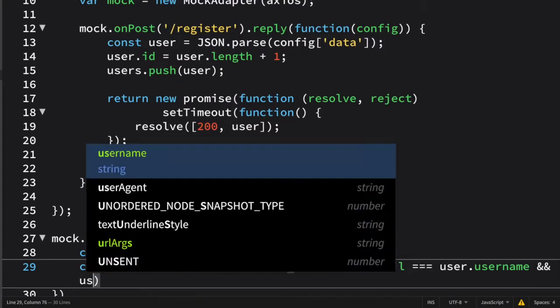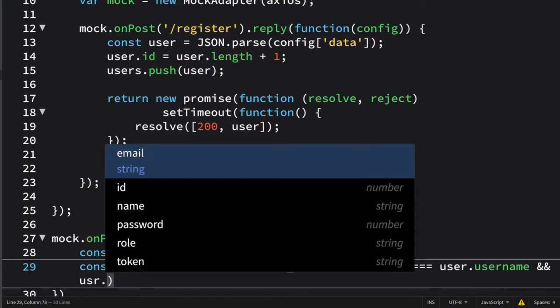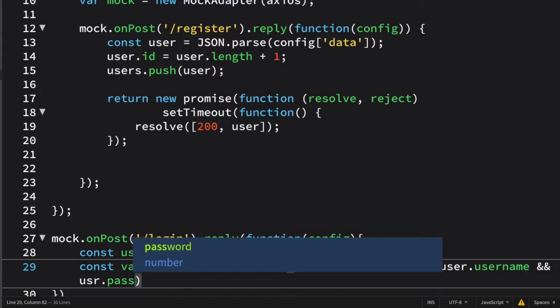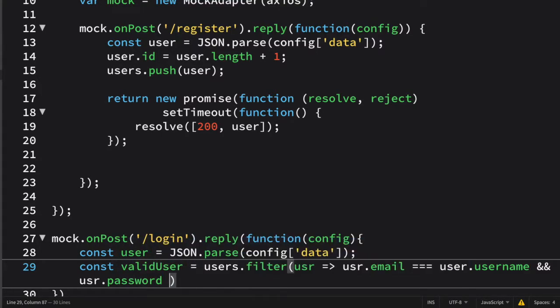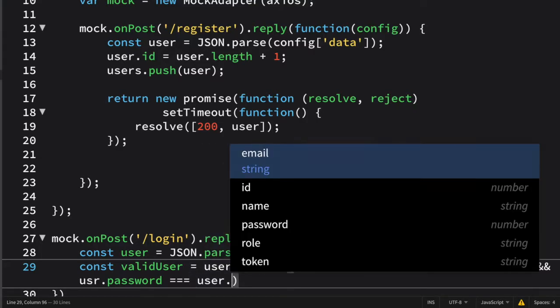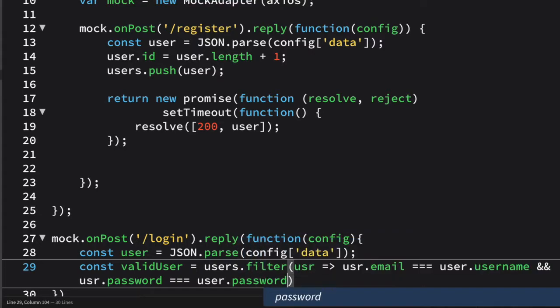And after this the password should also match. So here I'm going to write user.password, and that should also be equal to user.password. So this is the line of code that is going to basically authenticate a user who is trying to log in to our application.